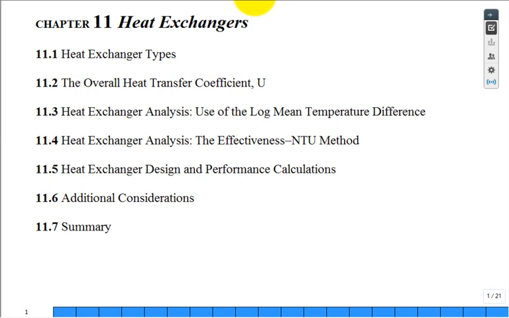All right, this is our second lecture on heat exchangers. We talked about different types of heat exchangers. We covered the overall heat transfer coefficient. We talked a lot about the EBs, energy balances, don't forget that, and then our rate equation. And I alluded to log mean temperature difference, but I didn't derive it, did I? And so we're going to pick up there, talk more about the log mean temperature difference, and then move into